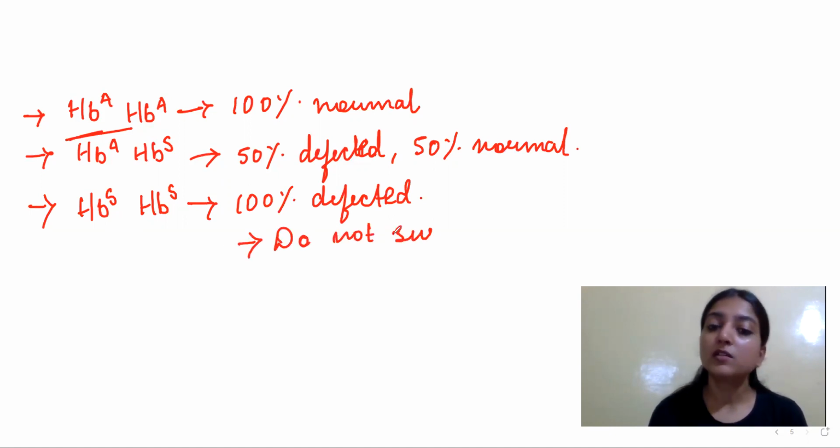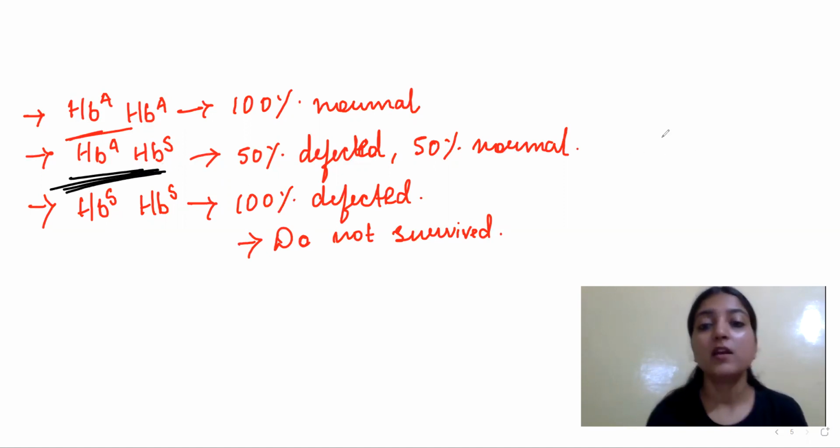Do not survive. That's died, right? If a person has HbA and HbS, a person who is 50% affected and 50% normal, then what happens? They are resistant